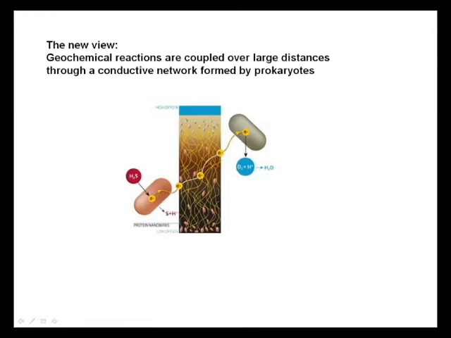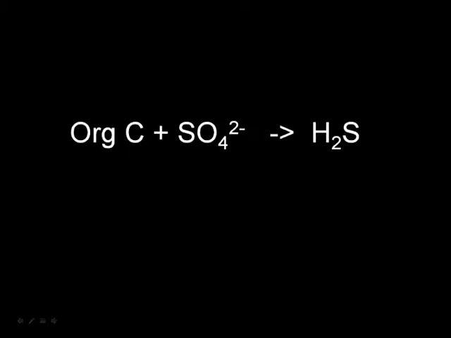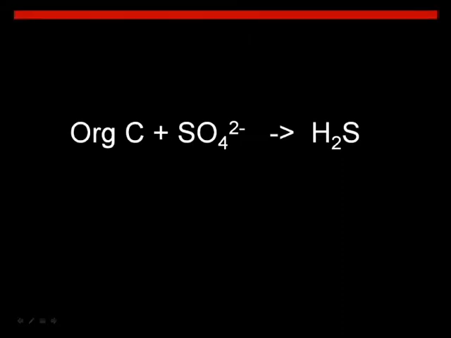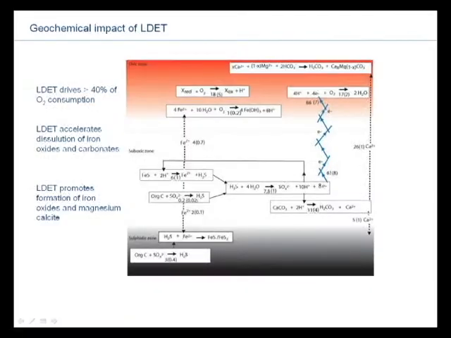Now, this scheme has tremendous implications for our understanding of how microbes interact and how elements are cycled in nature. And it's extremely fascinating, I think. You can take a completely black, smelly sediment where you only have sulfate reduction producing hydrogen sulfide, and then you can expose a very, very tiny bit of that to oxygen. And within a few weeks, the system has changed completely to this very, very complex system. A lot of processes are now going on.